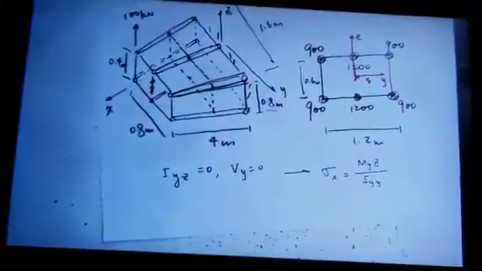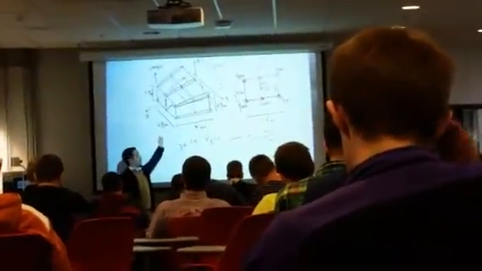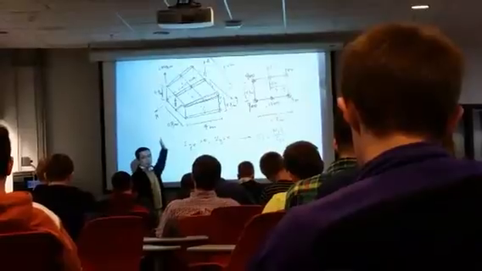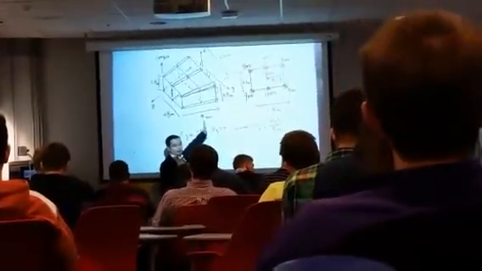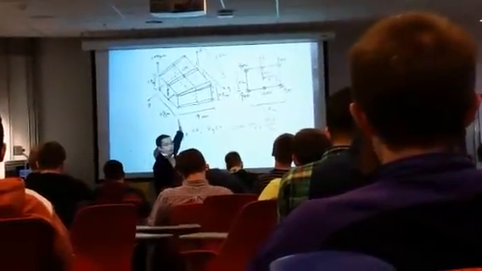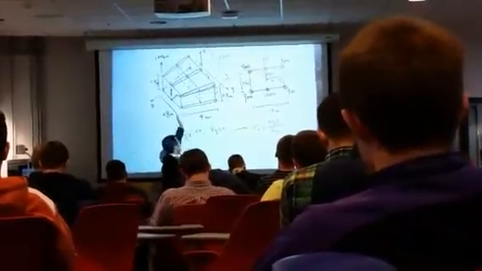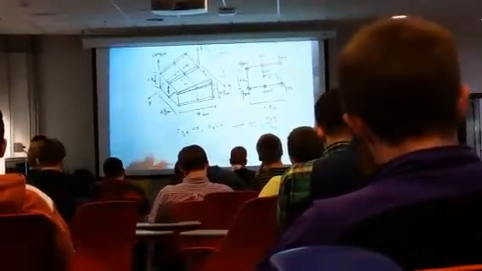And then what is My? What is the moment about the y-axis on this cross-section? The loading is not acting on this cross-section. The loading is acting on the end of this beam. So what is the moment about the y-axis on this cross-section? It should be the force times the distance: 100 kilonewton times the distance from the force to this cross-section. So My should be